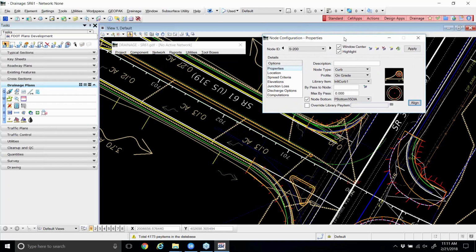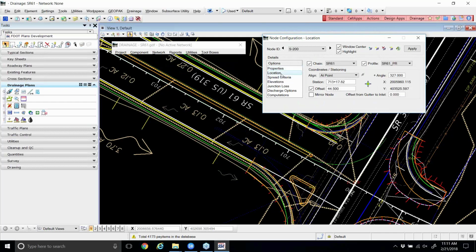So that has all our properties. Your properties are what type of inlet are we placing. The next section here, which is step number 5, is where are we placing it? What's the location? And there's actually a bunch of ways that you can place these. We're going to use a chain and a profile in placing this. So you're probably going to have to, or at least we want to see the chain and the profile. So you'll want to check on chain, and you'll want to check on profile, and your chain's going to be SR61, and your profile will be